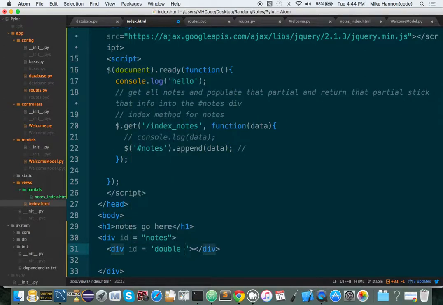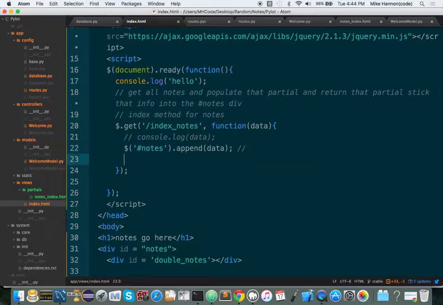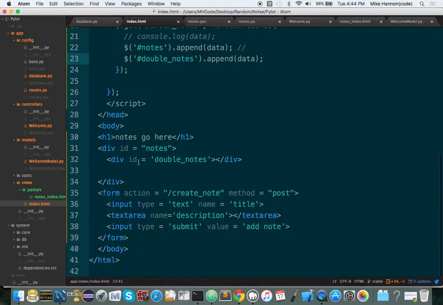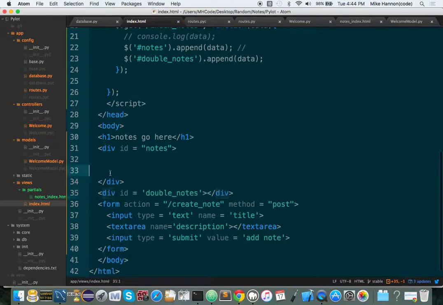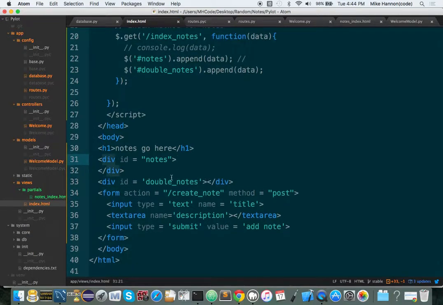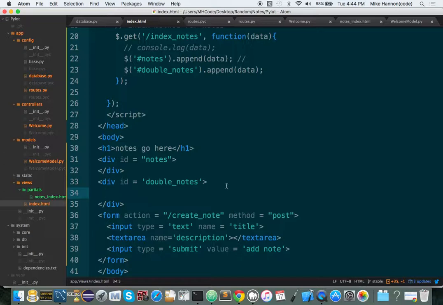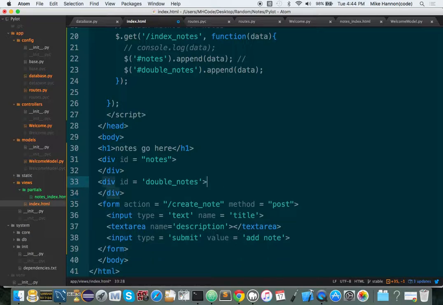Double notes. And this is one of the advantages of doing stuff with jQuery and Ajax. That wasn't intentional. This is going to be silly looking, so it doesn't really matter. But now we will be able to take that same data and put it in two different places on the same